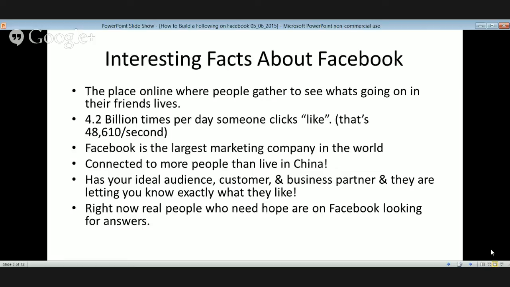Facebook is about gathering in places to see what's going on in our lives, to share pictures and videos and status updates about what we ate or whatever. And so when we as marketers come in, it becomes interruption marketing. So we have to be really targeted in who we're talking to. Because guys, if you are trying to talk to everyone, you're talking to no one. We have to get a really specific target audience that we're talking to.